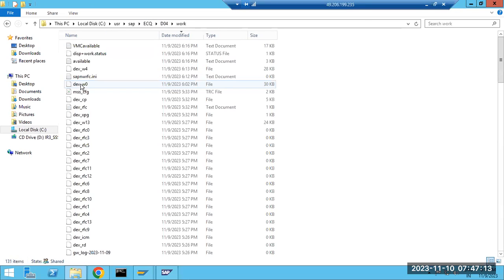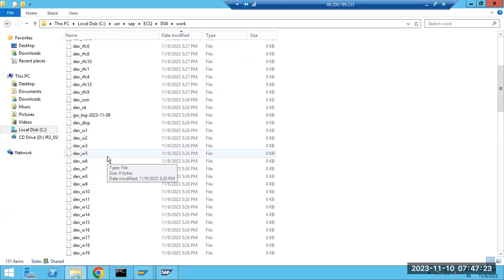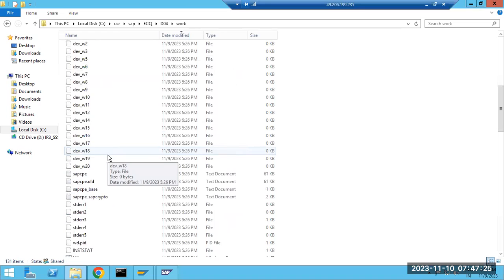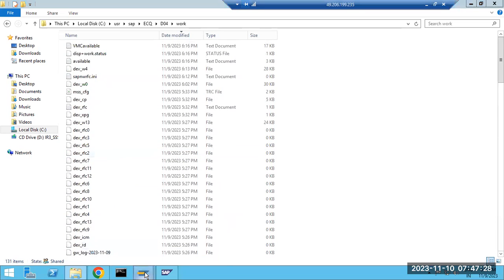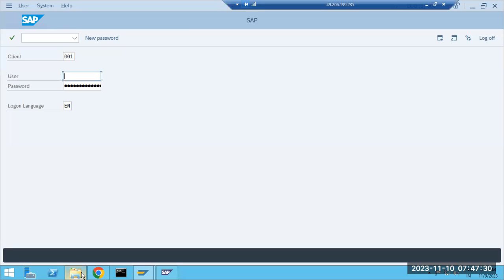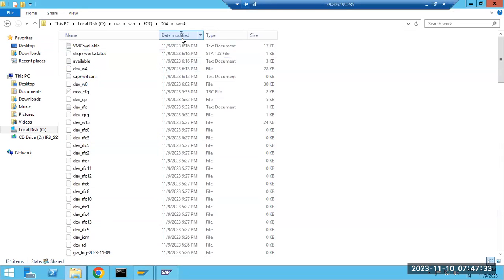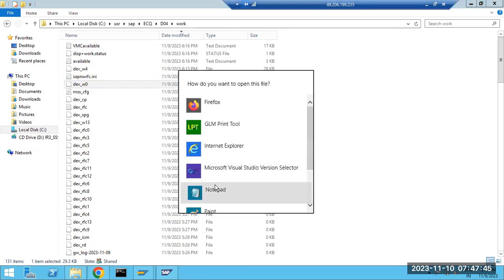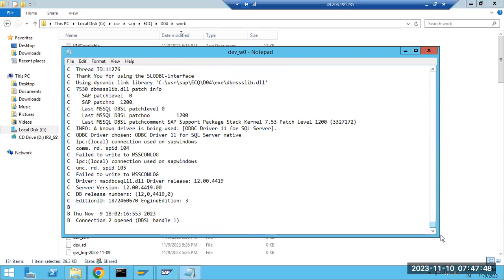So the work directory is the troubleshooting directory. This is a very important troubleshooting directory. If there are any issues, like SAP is not starting or slowness, or something is happening and you are unable to find out at the SAP level, then come to the work directory. See the latest date modified, the latest timestamp log files. You can see it here. Then we can pick them up and check what is happening. Read not only one log file, read multiple log files here. Then check the latest files, the latest timestamp.